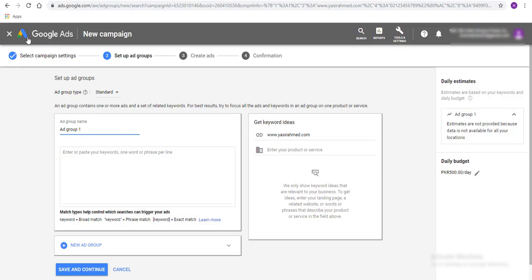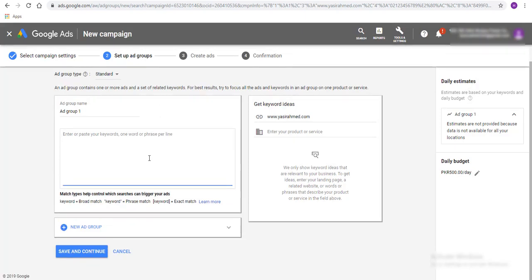Right now we are outside the ad setting. Okay, and we're inside the ad group now. Ad group is where you enter all the keywords related to your business and all the other things. So I'm just going to show it to you. I'm going to rename this ad group as, let's see, we did initially this for sales, so I'm going to write it